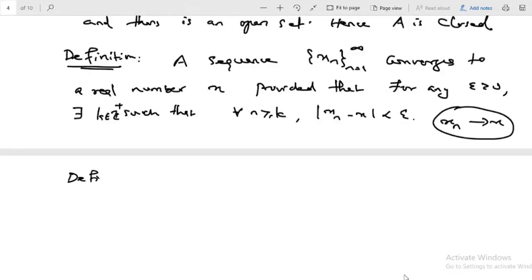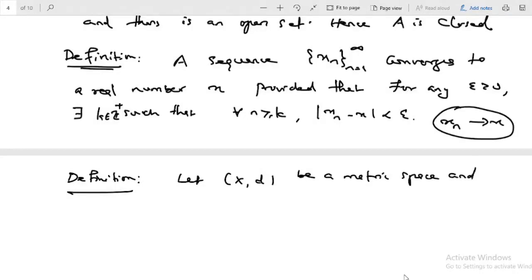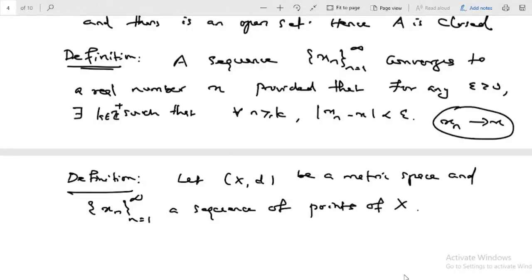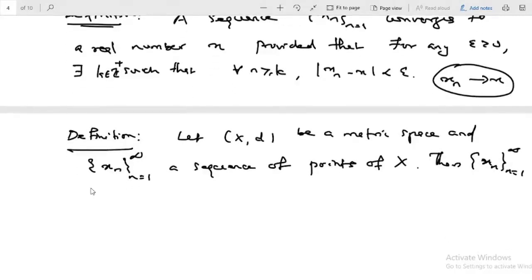Now when we come to a metric space, let (X, d) be a metric space, and xn, n equal to 1 to infinity, a sequence of points of X. Then the sequence xn converges to the point x belonging to X, or we say x is a limit of the sequence,